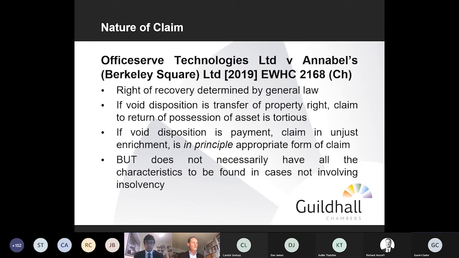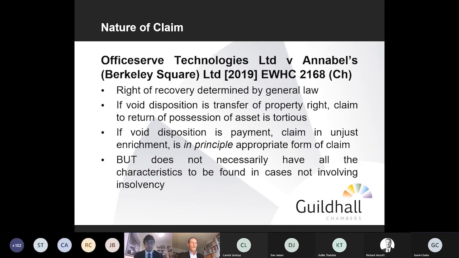So just to put this into context, the opening lines of the first judgment we obtained in Officeserve, the judge in that case noted that at the time the company was spending in the region of £450,000 a month in an attempt to achieve an annual turnover of £52,000. Now that kind of pattern of overspending continued, notwithstanding the petition.